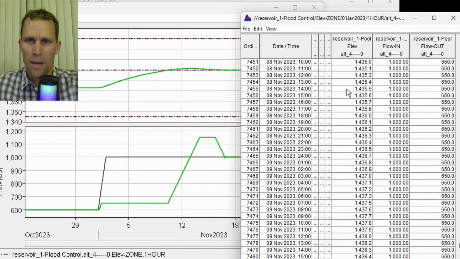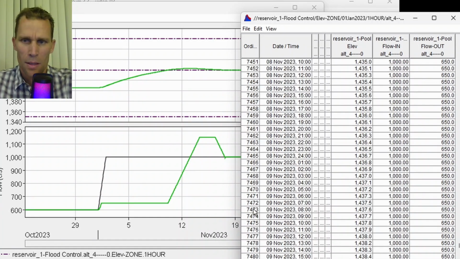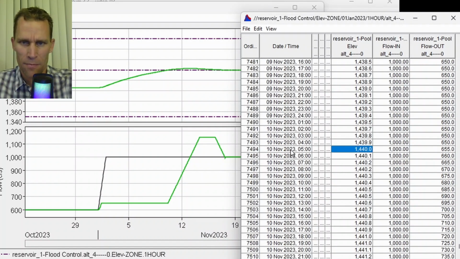So we have the elevation of the pool, and then the inflow and the outflow. The inflow is, where are we here? November 9th. So we're probably like right here on the table. So we have a 650 is our minimum outflow, and the inflow is 1,000. And the reservoir elevation in green on the top plot is increasing, and it's approaching 1440. And once it hits 1440, which is true right around 5 p.m. on November 10th, that's when the